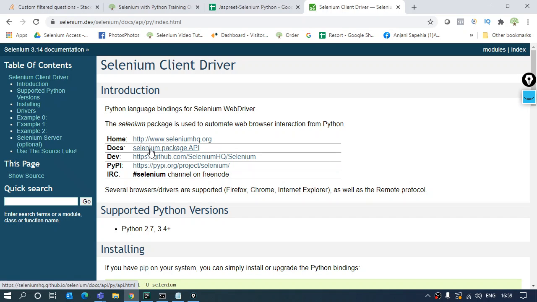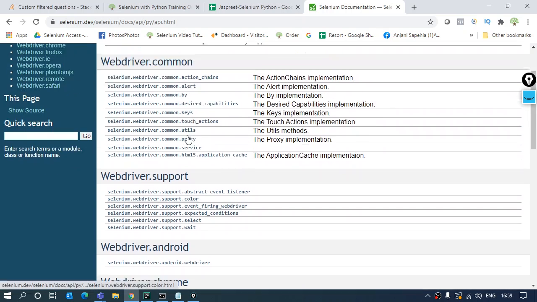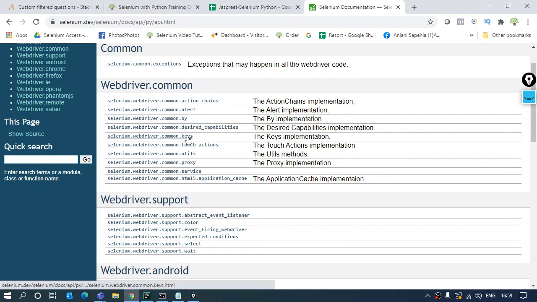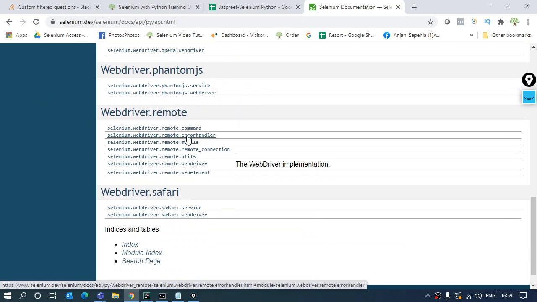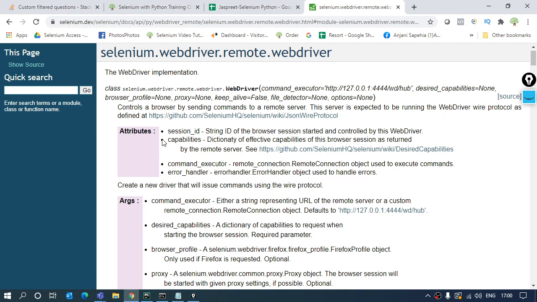The documentation of all the packages and classes is in the docs package. Here you can see classes like selenium.common exceptions. These are all classes. Which class am I talking about? That is the WebDriver class, here in the WebDriver.remote class. If I open this, it will give me the details of this class.